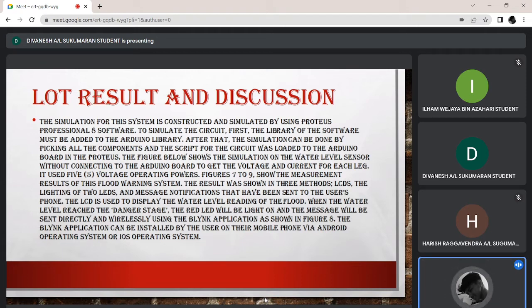The figure below shows the simulation of the water level sensor without connecting to the Arduino board, to get the voltage and current for each leg. It used 5 volt operating power. Figures 7 to 9 show the measurement results of this flood warning system. The result was shown in 3 methods: LCD, the lighting of 2 LEDs, and a message notification that has been sent